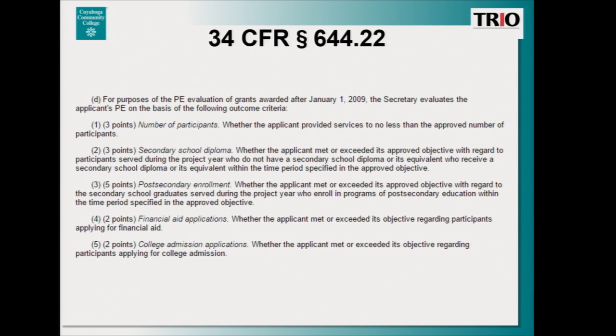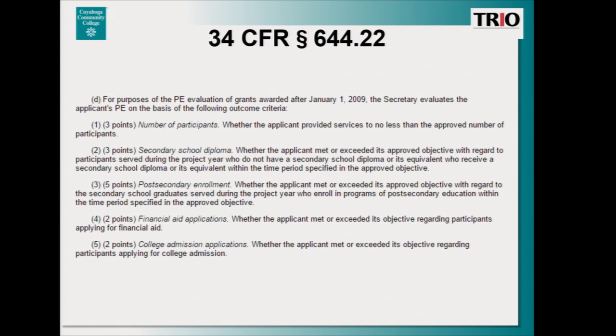You'll notice that 3 points are awarded when each program reaches or exceeds the number of participants which they serve. You need to make sure that no less than the approved number of participants are served each year in order to be awarded 3 points for this objective. 3 points are also awarded for secondary school diploma objective completion.